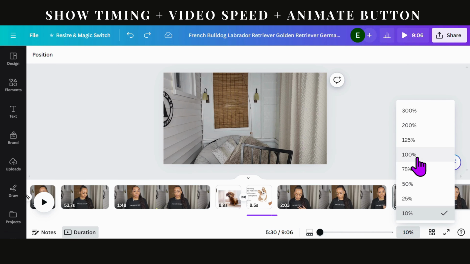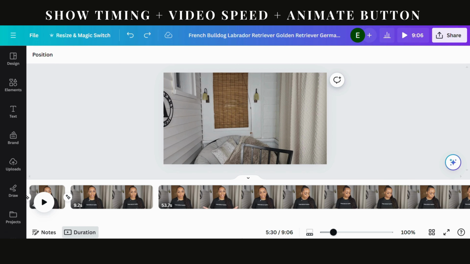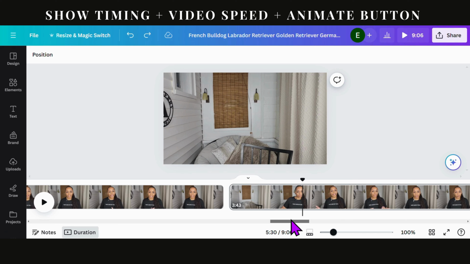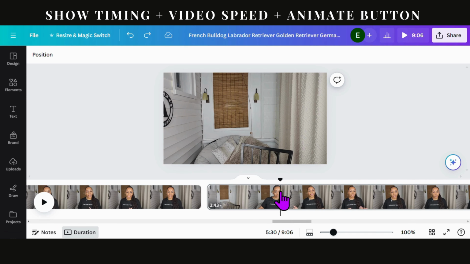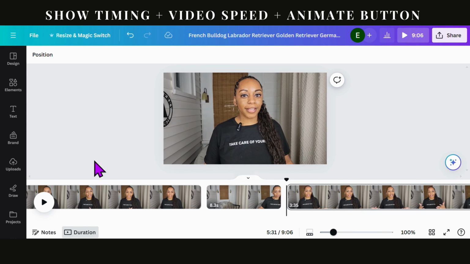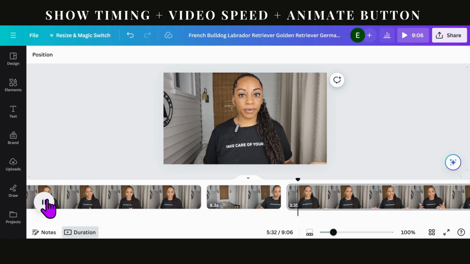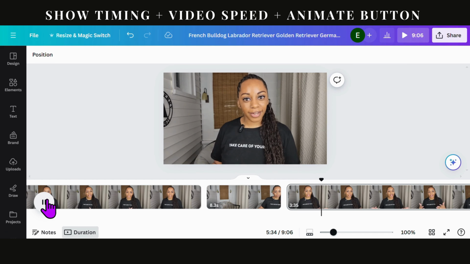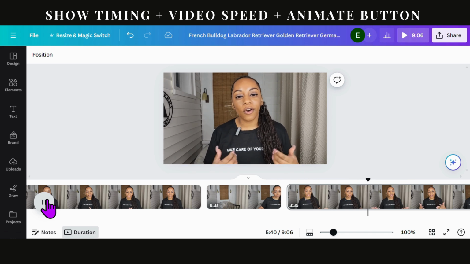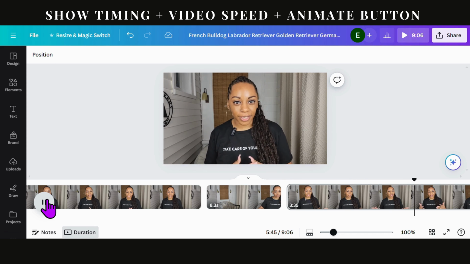Okay, I'm going to pop this to 100. It took me all the way back to the beginning, but all you have to do is find the black line that'll tell you where you are currently. And I'm going to split right there because I can see I was not on screen. If you remember what I said in this video of mine, if you haven't seen it, go check it out. But in this video, I was talking all about the ABCs and how they were very important to the English language. Okay, I'm going to split this section out